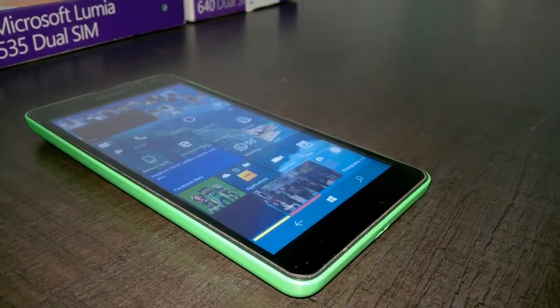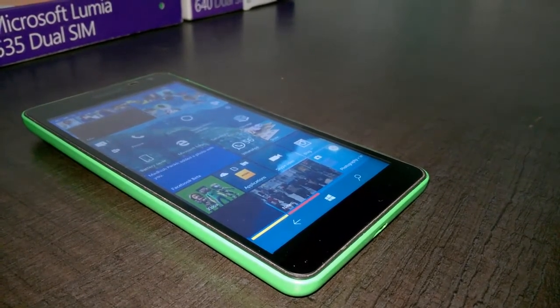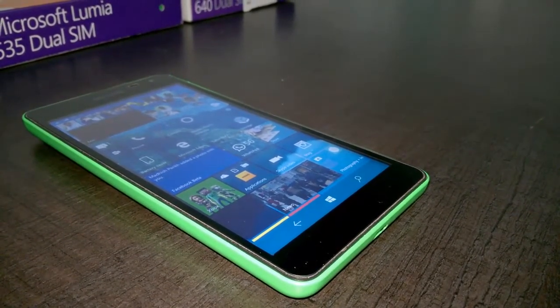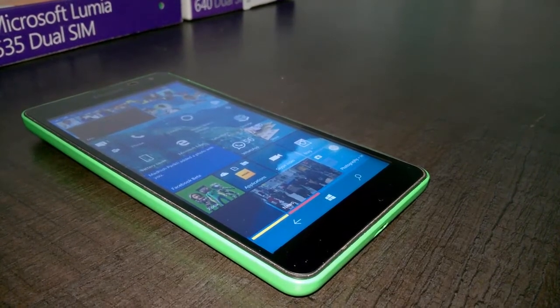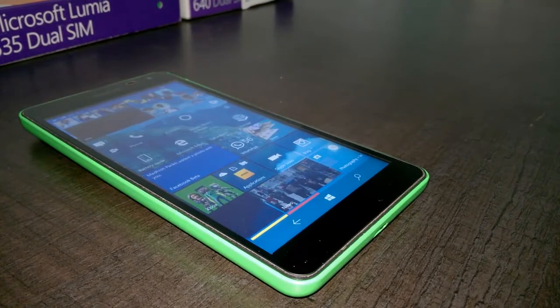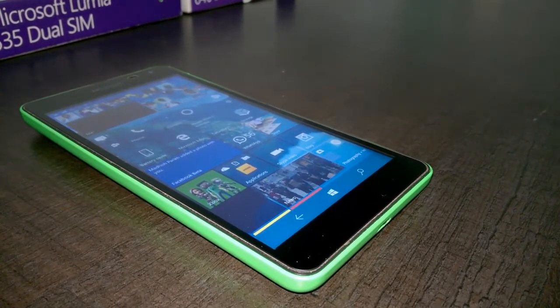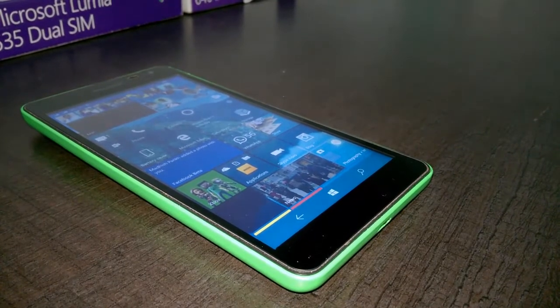This build carried a lot of bug fixes and improvements over the last public preview build, which was 10581. According to Microsoft, the first bug fix is that they have fixed the issue that caused the start screen experience to become corrupted or scrambled after upgrading and restoring a backup from a phone that had a different resolution.